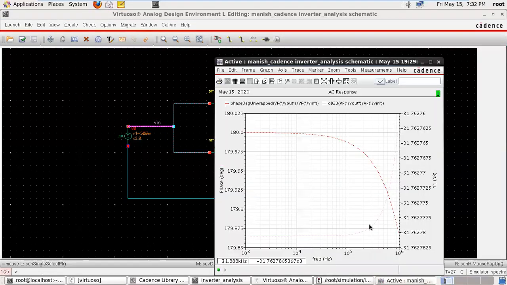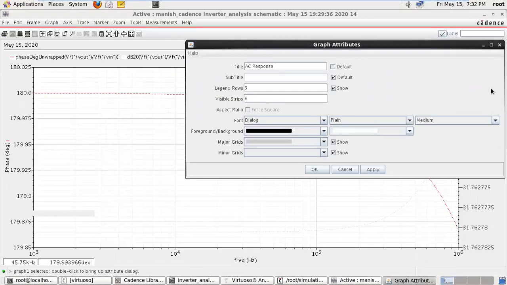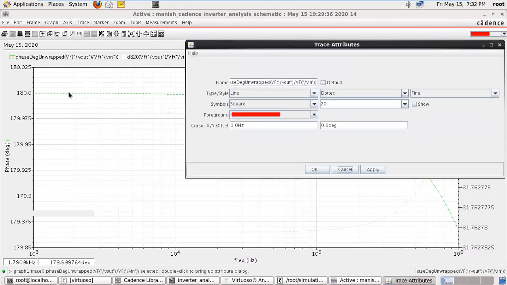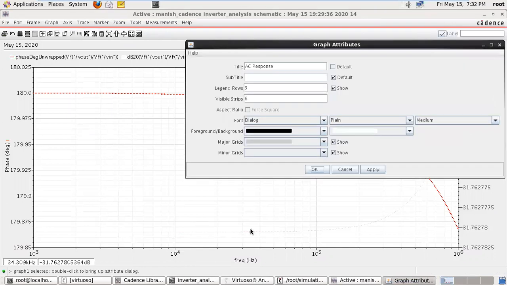So see here, this is representing my second window.